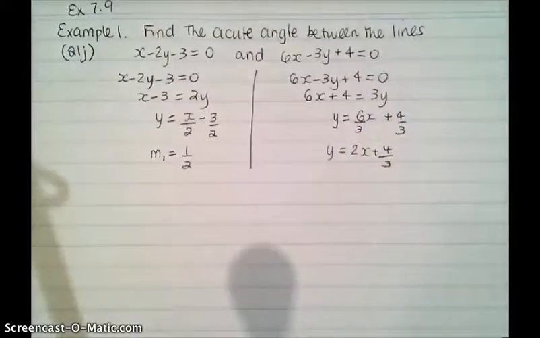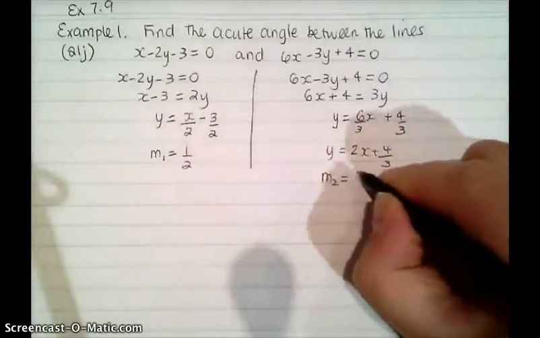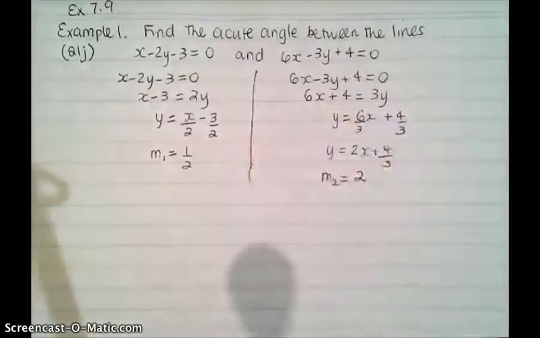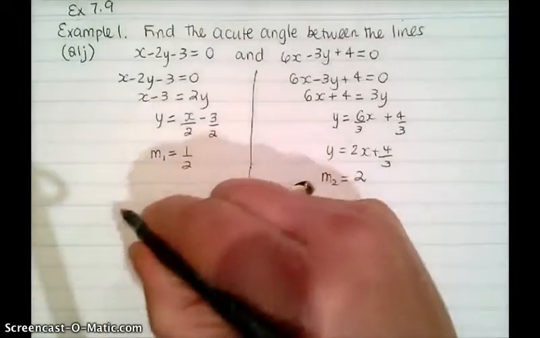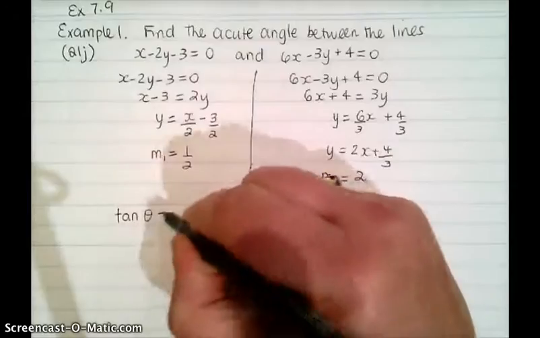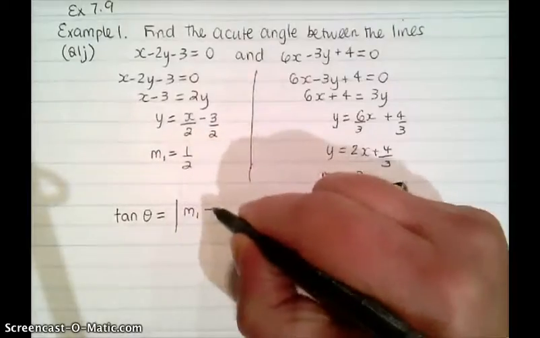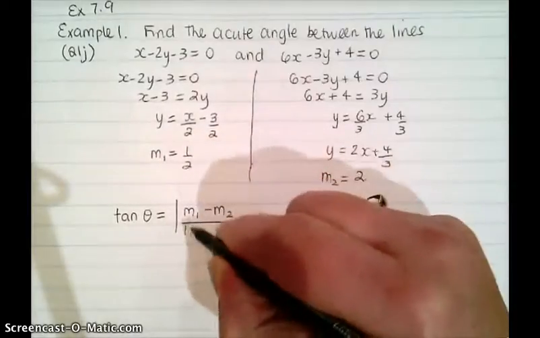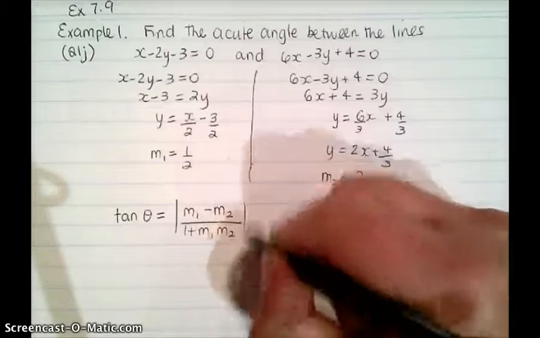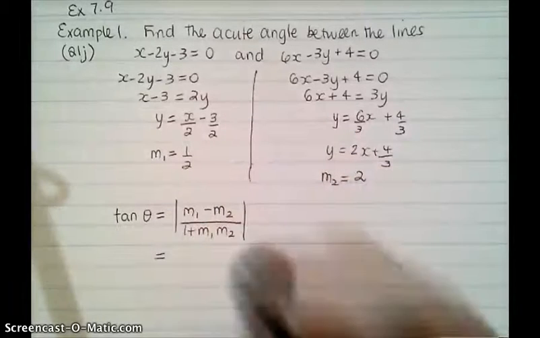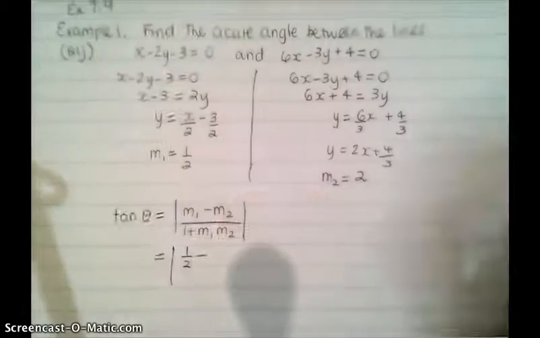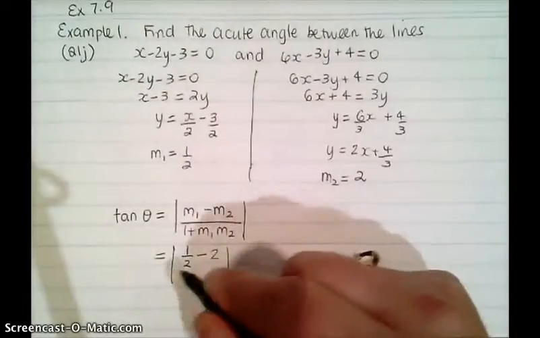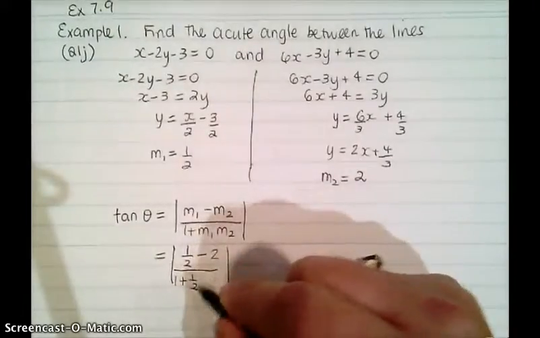Therefore, the gradient of line 2 is 2. So now we've got our two gradients, and we can use the formula for the angle between two lines. The angle between two lines formula is tan theta equals the absolute value of m1 minus m2 over 1 plus m1 times m2, which is the absolute value of a half minus this 2 here over 1 plus a half times